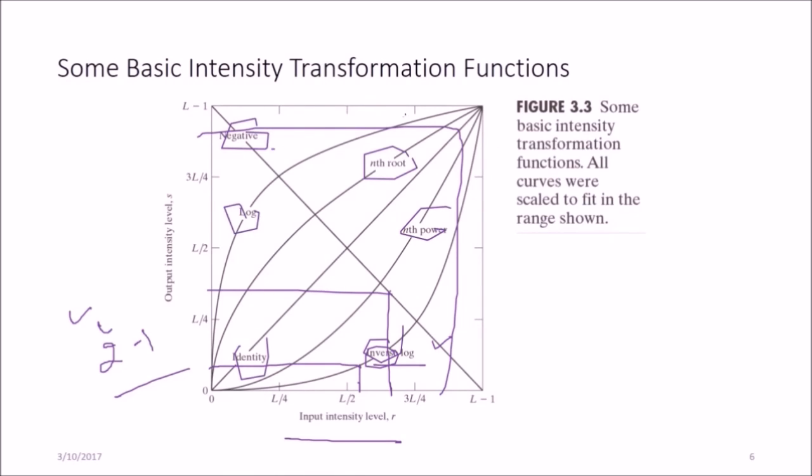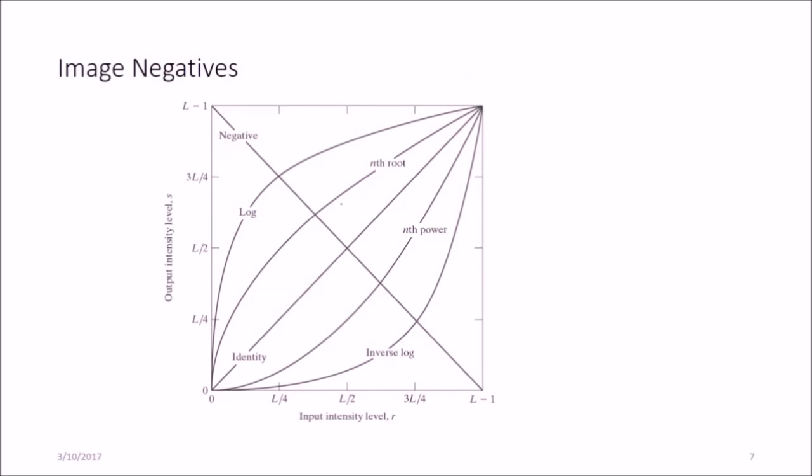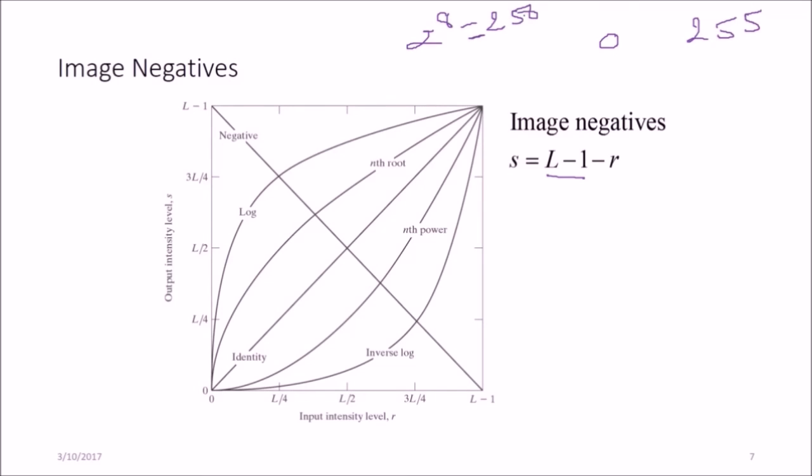These are all basic intensity transformation functions, as we have seen: the contrast stretching and the threshold. This is image negative, as I just suggested, how we can get the image negatives. Image negative is very simple. We take the highest value, say the image is 8 bit, so 2 to the power 8 will be 256. So the gray values will range from 0 to 255. All these will be gray shades.